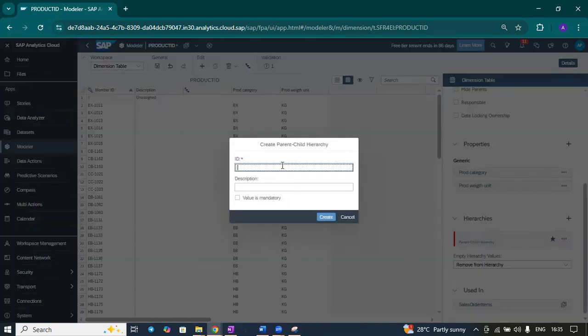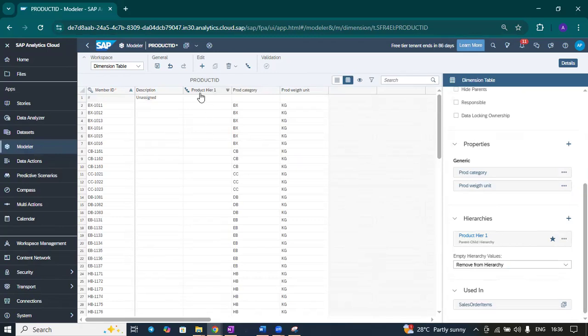So when you click on parent child hierarchy, it will add one column. Currently you see here it's empty. If I give ROD, I'll also say this product. So the description is coming as this column. And then what I will do is